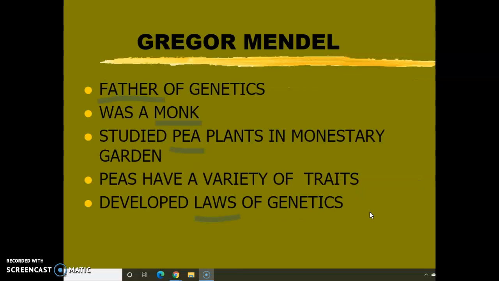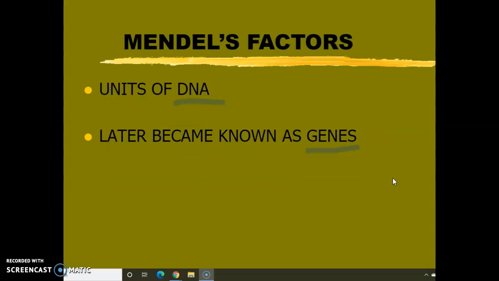All right, Gregor Mendel, he is the father of genetics. He was a monk. He studied pea plants in the monastery garden. We already had a talk about him, and there will be a video about him. Peas have a variety of traits he could study, and some of the traits that he studied, let's see, you filled in number 2. He was the father of genetics, and he was a monk. Number 3, he studied pea plants in the monastery garden. And some of the traits he studied in peas,